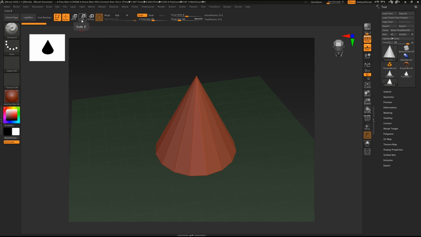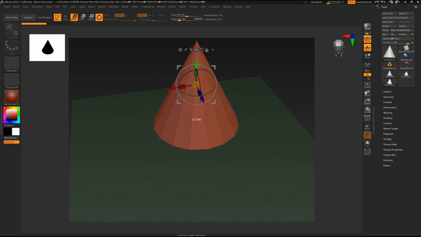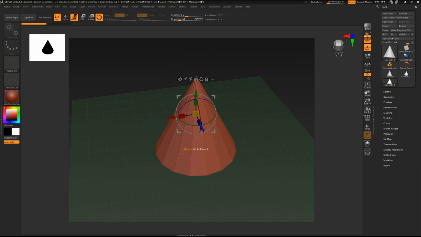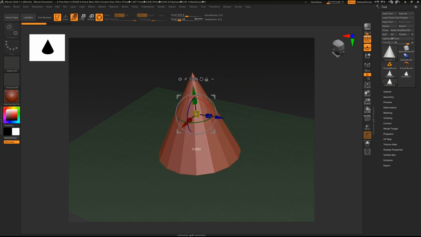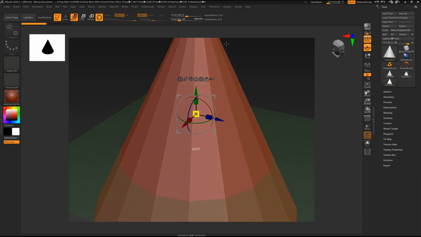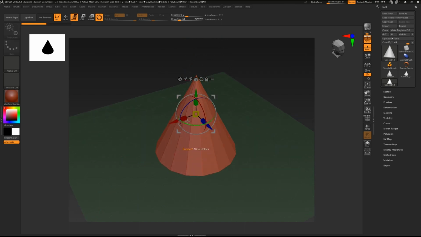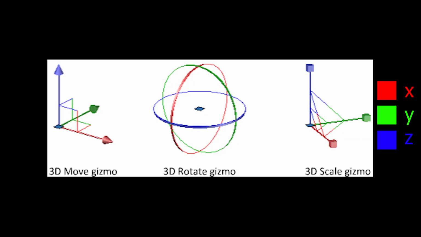but these are the object controls. So the first one is the move tool. W is the shortcut. After pressing it you see a gizmo in the canvas to move the object with this handle along the respective axis. You can also rotate it from these round handles. In ZBrush, red is the x-axis, green is the y-axis and blue is the z-axis. If you want to uniformly scale the object, just select the middle thing and drag. You can also scale in a particular axis to get a skewing effect.